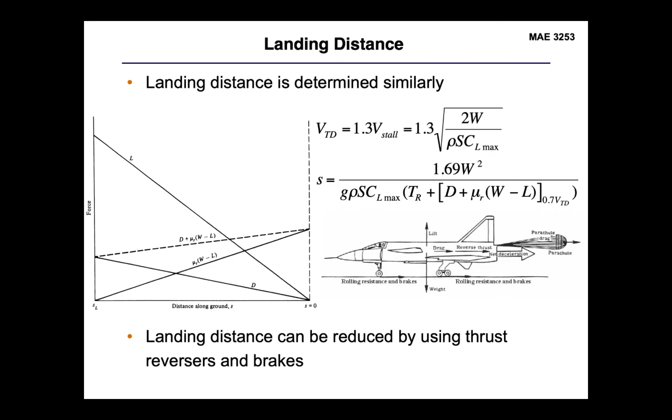Now, the next piece of this is the landing phase. Rather than going through this in detail, we're just going to take the same approach, except reversing it. So we're going to assume that we have our aircraft with all wheels touching on the runway, and then we're going to reverse the process. In this case, our touchdown velocity is going to be 30% above the stall velocity. You may think to yourself, well, why is that necessarily higher? Well, we're going to be lowering our stall velocity by